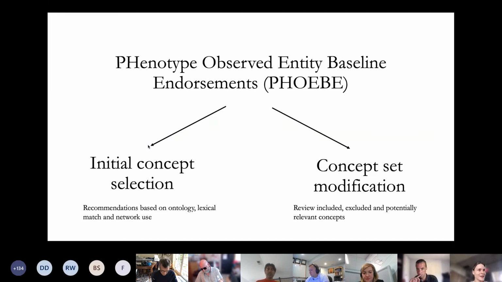With that in mind, for researchers like us, we created, and by we mean the OHDSI Community, we created a tool which is called PHOEBE. And PHOEBE will help you to define your initial starting point in your concept set selection. And then it will help you to modify your concept set to make sure that you included all relevant concepts and excluded things that do not really go with your clinical idea. And to show that, I